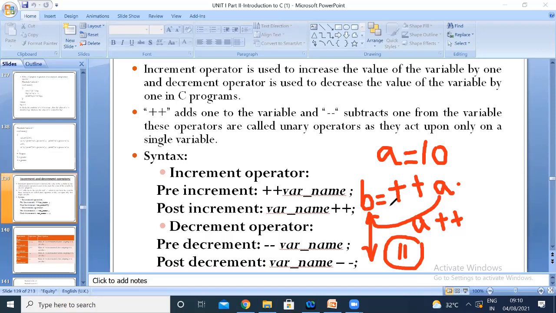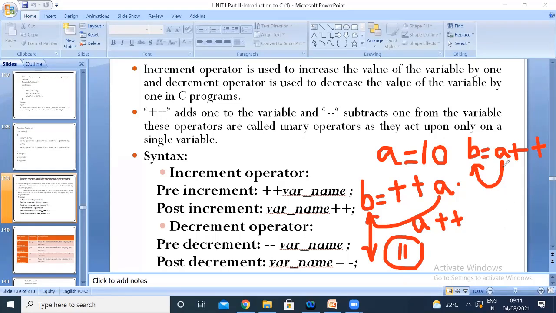Now instead of B is equal to ++A, if I write B is equal to A++, what type of increment is it called? Post-increment operation. In the post-increment operation, first the value will be assigned, then the incrementation operation will be done.